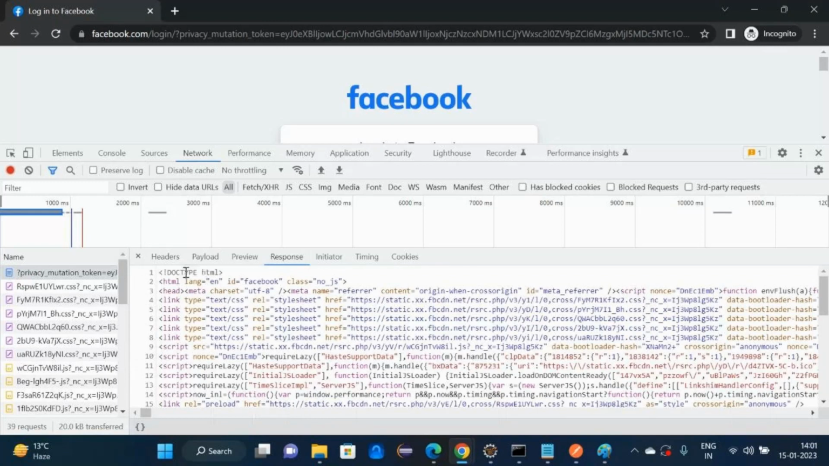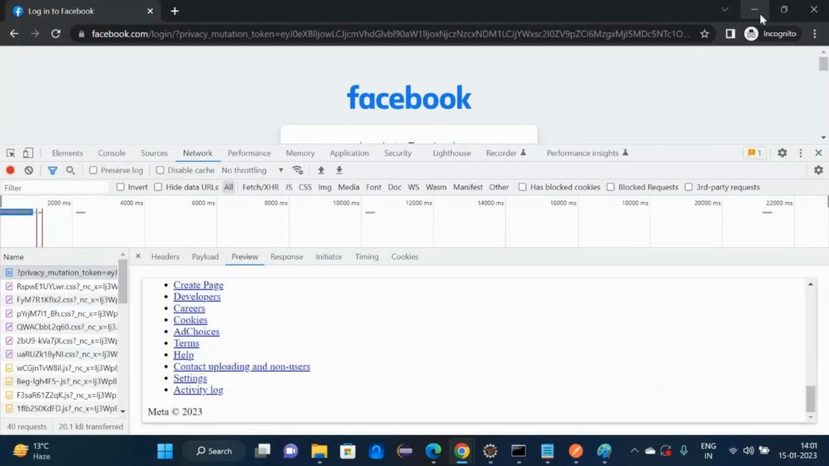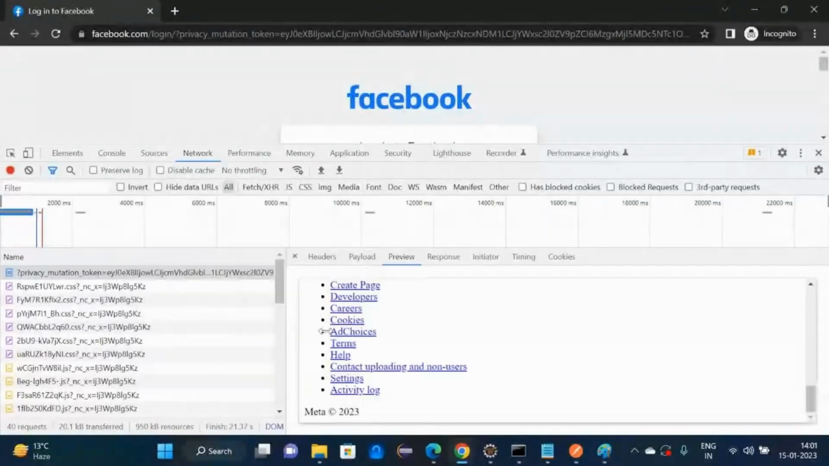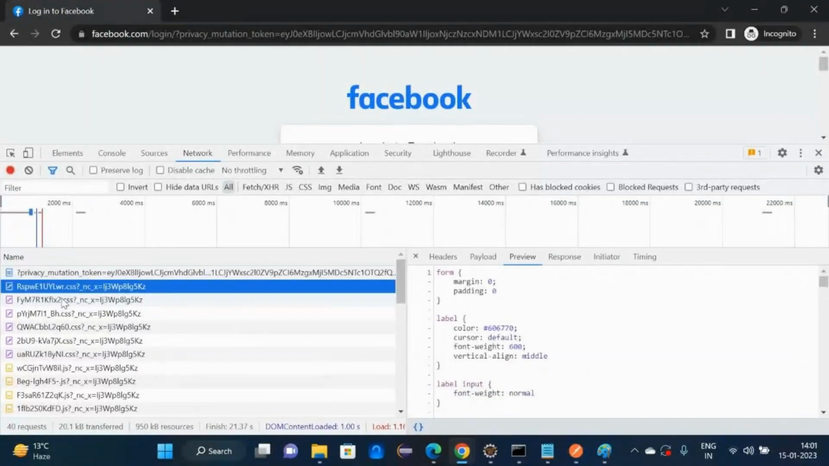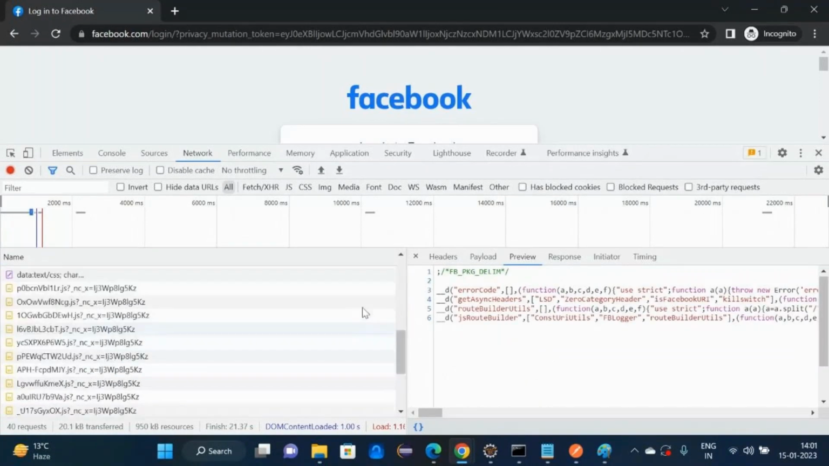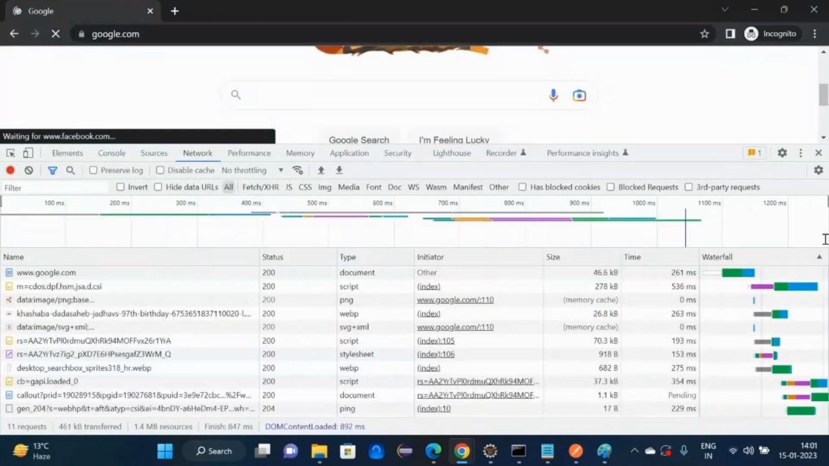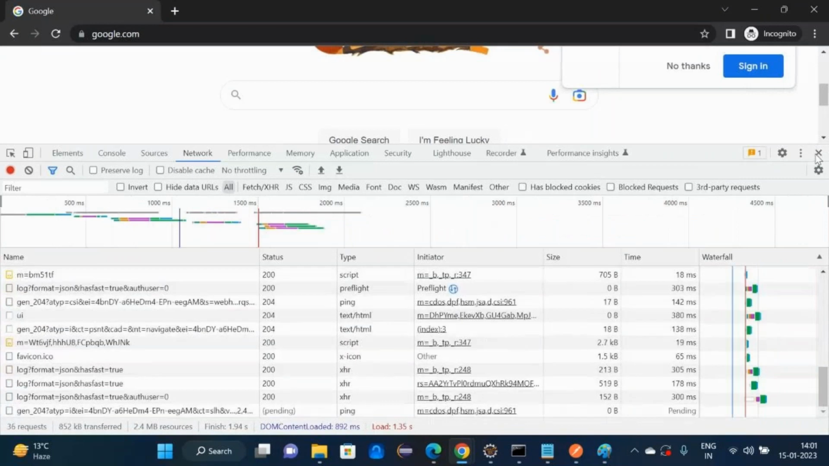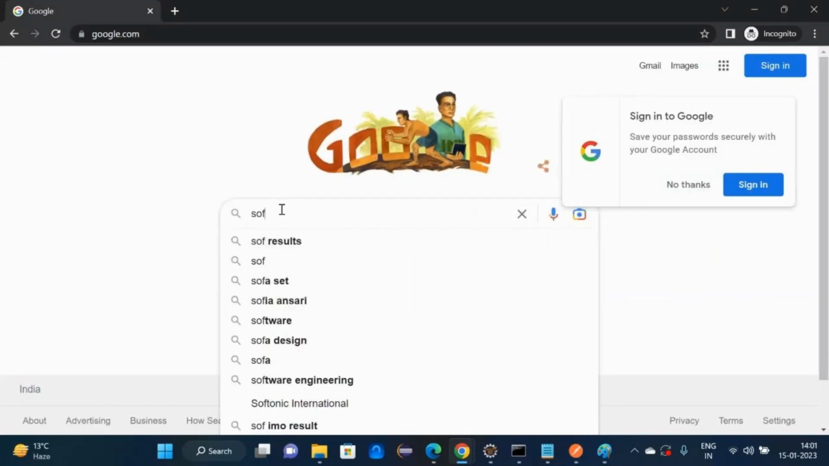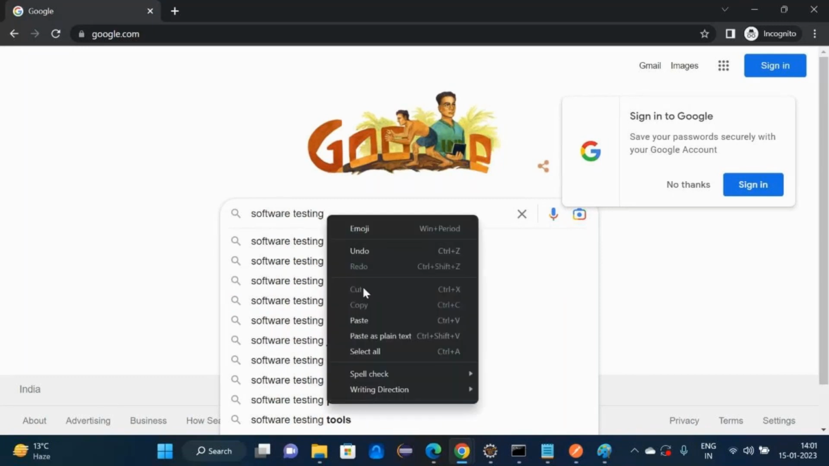See. Clear? On the left side, each and every URL is an API, right? Let me show some more examples. For example, google.com. I have written here software testing. Now inspect it,